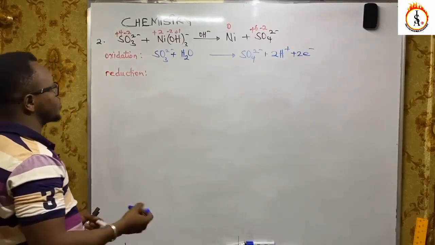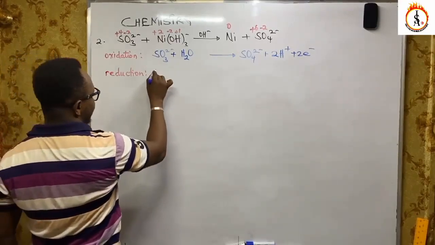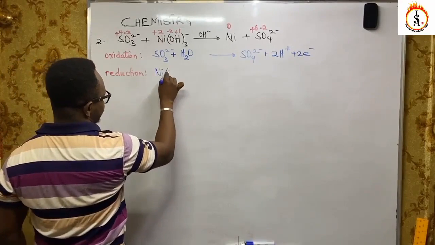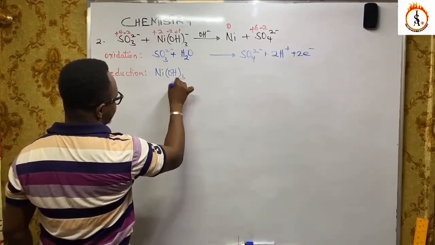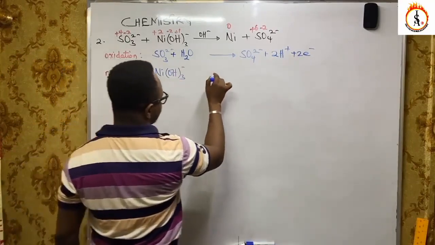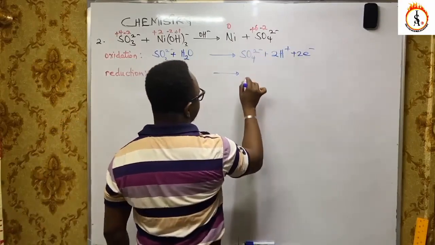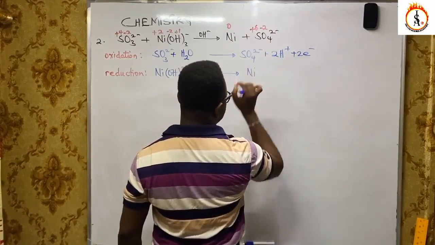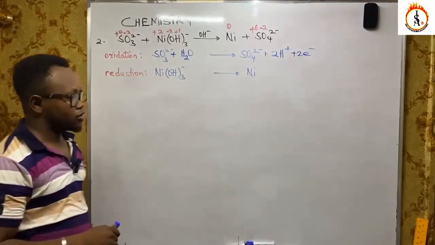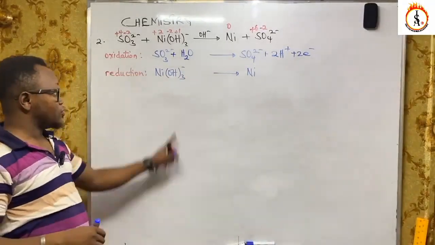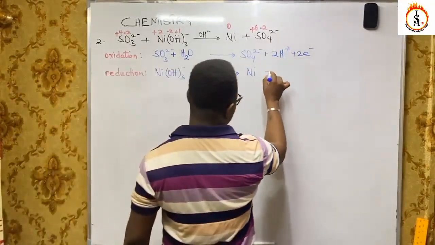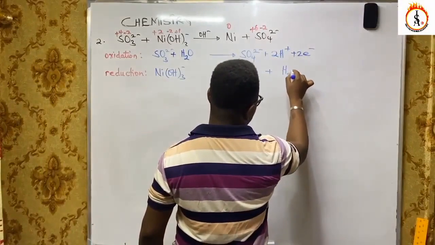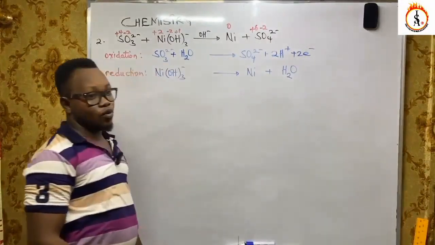So for the reduction half, we have the nickel hydroxyl ion becoming nickel here. So what we do, we try to balance for oxygen. We're going to add water. So we add water to this side. But by adding water,